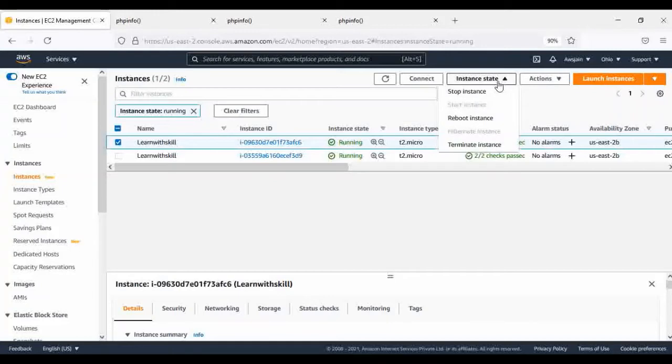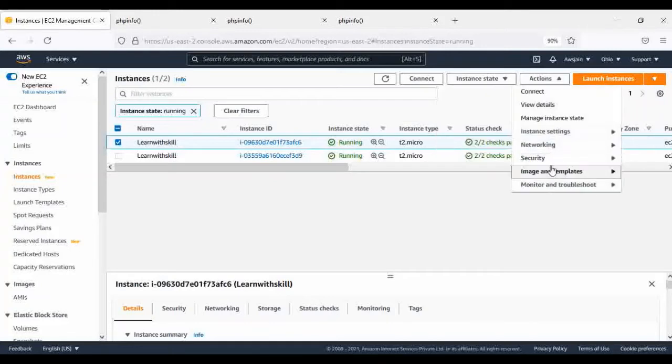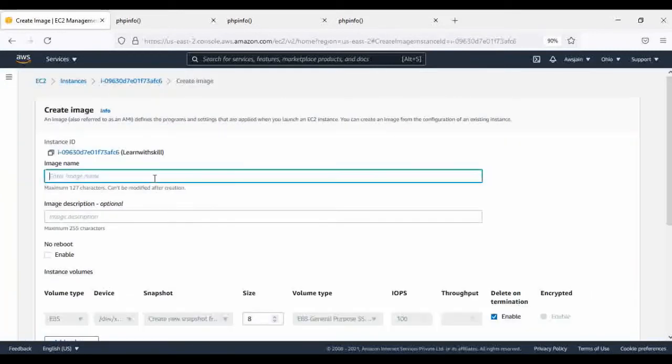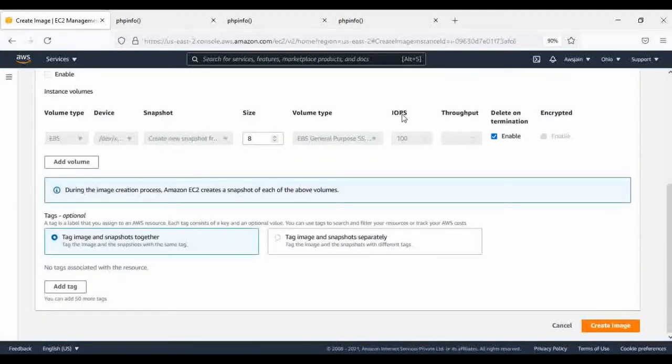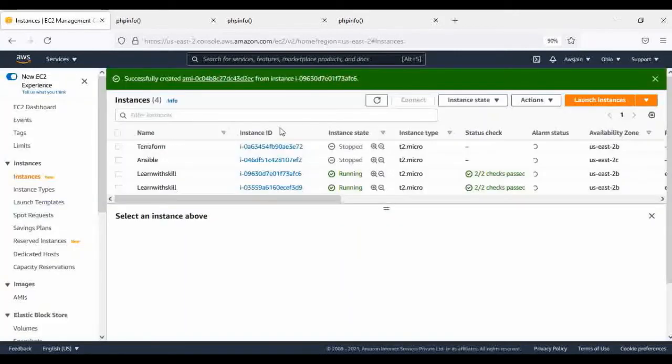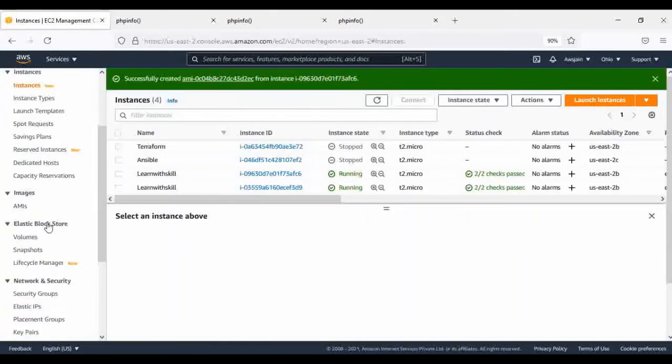let's create an AMI image. Under images and templates, here you can see create image, create template from instance. So in my case, I'll be creating an image, defining the image name, language skill AMI. Not going to give any option. Everything will be default. Once that is done, create image. So under the AMI section,